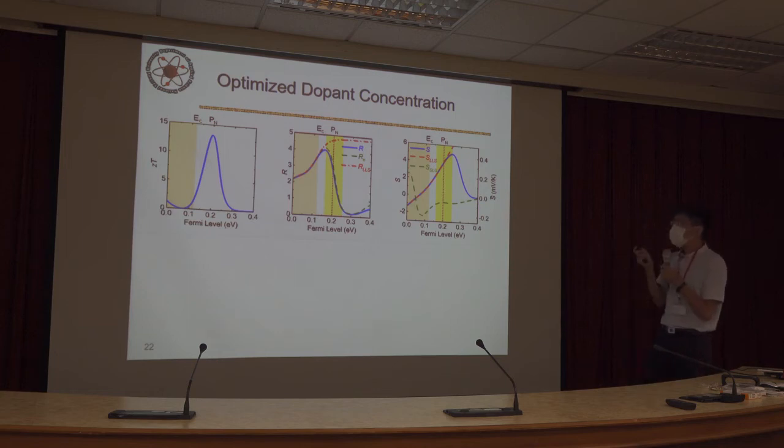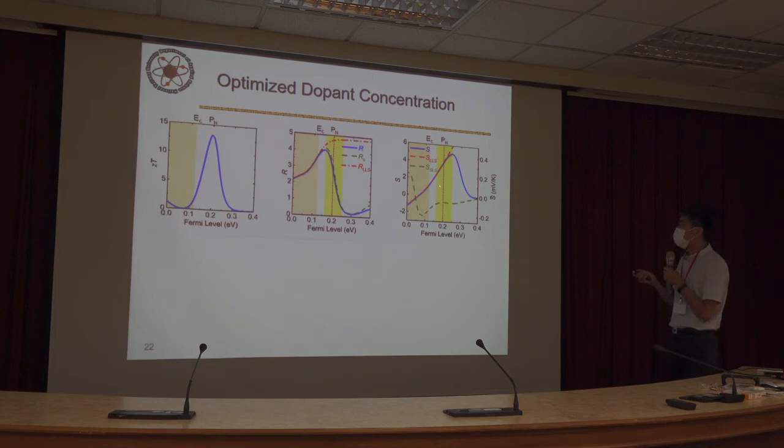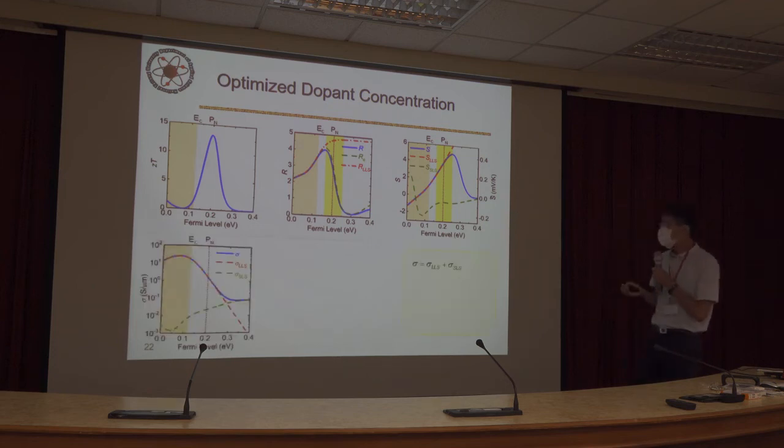We find that the optimized Fermi level, the peak ZT energy, always lies in the energy region where the RE decreases and the Seebeck coefficient increases. This means the RE deviates from its long-lived part at lower energy than the Seebeck coefficient. We have calculated many cases and they all show the same result. So this is not by accident. There should be a reason behind this. To understand this,